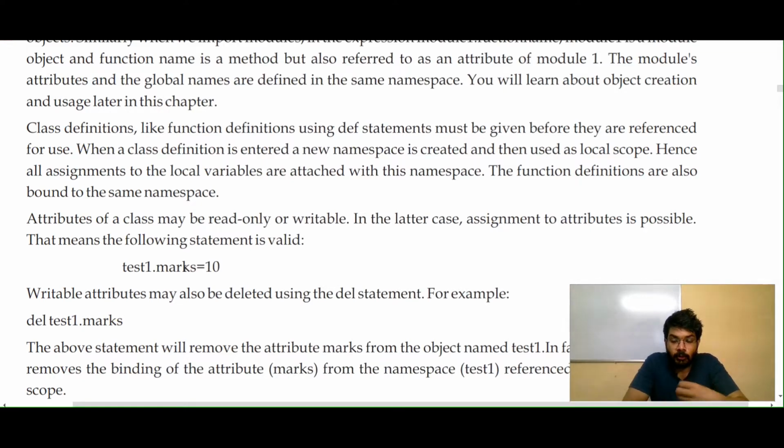To do this, you again have to create the object of the class and access that data member, and you can assign a value or not, depending upon the logic of your code. So this is another property of a class, that you can rewrite the particular attribute or not.